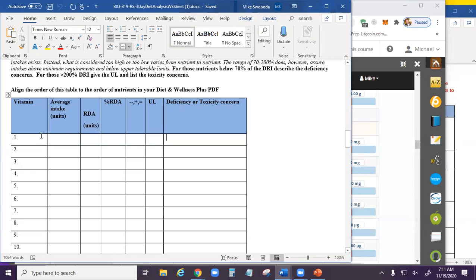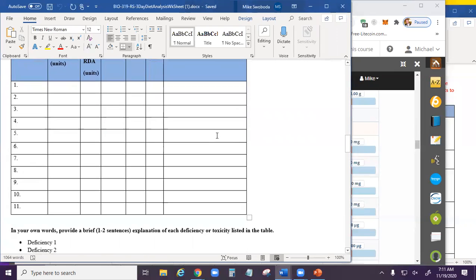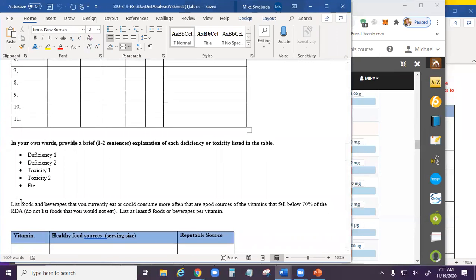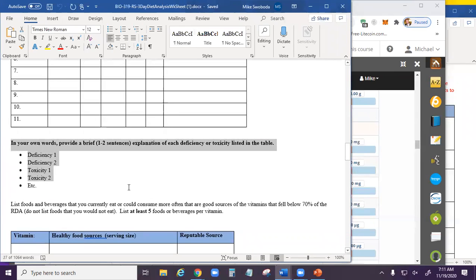If you were taking in 500% of your vitamin C, you would want to list what the potential toxicity concerns are. If there's no known adverse effects, you just write that. That's pretty simple.